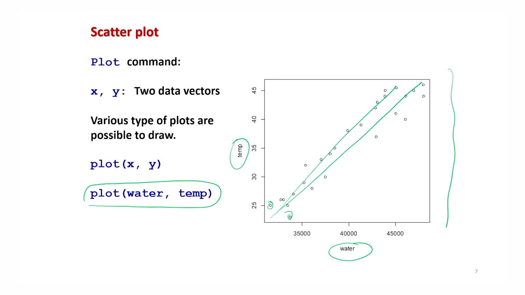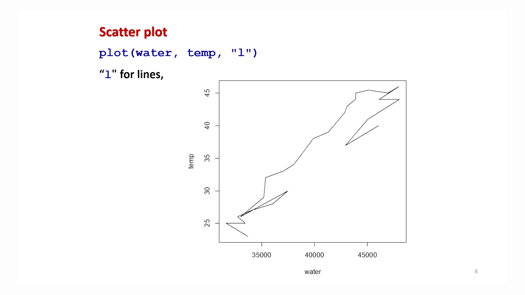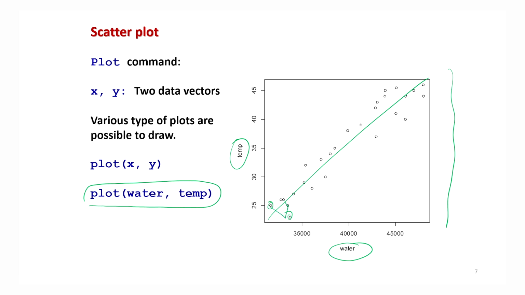But at least if I remove this line, you can see here that there is a linear trend in the data. So, this type of information can be obtained from such graphics, and this will help you in deciding whether you want to fit a linear model or a non-linear model, etc. Now, simply if you try to change the type, I take type is equal to l, that means l for lines. So, all these points are going to be joined like this, and then it will become a line diagram.